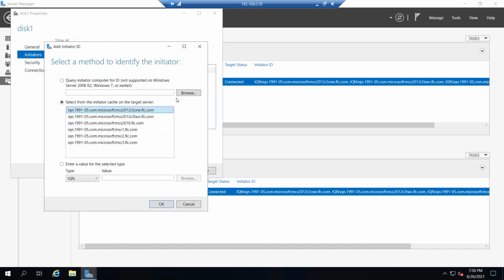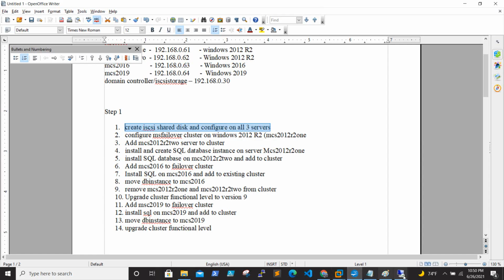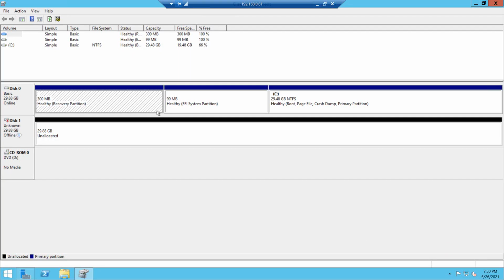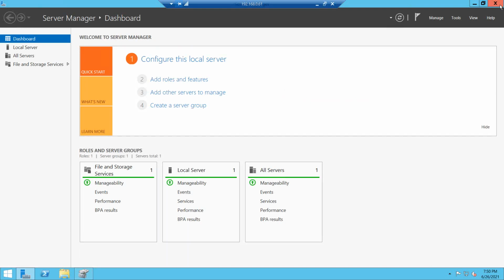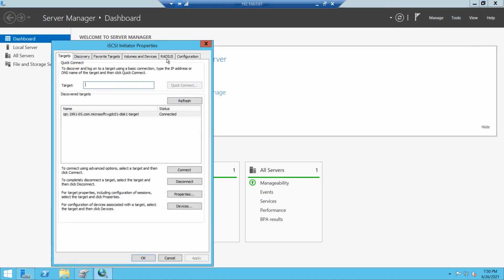Before this, let's go to our destination servers. We need to go to Manage, then Tools, and enable iSCSI Initiator here. Once this is done, we need to give the IP of the iSCSI target server, 192.168.0.30.